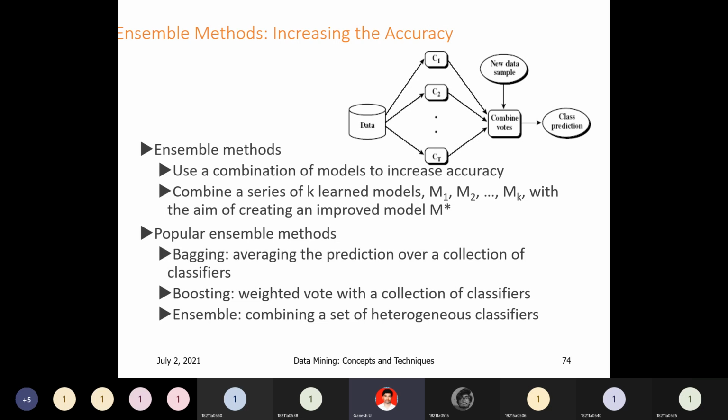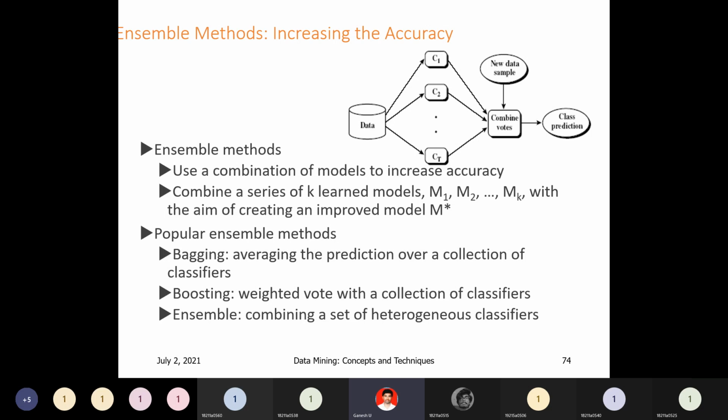So I hope you understood bagging and boosting, the main difference. Bagging is nothing but the average of all classifiers, all models. Boosting is nothing but a number of models. From each and every model we will get some knowledge, and the next model is nothing but the improvement of the previous model. Like that, several models. The last final model is the improvement of all the previous models.